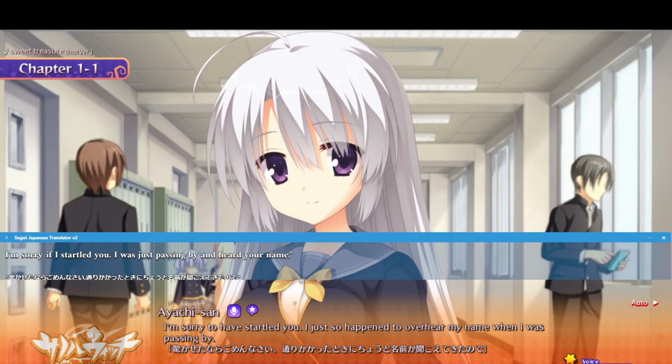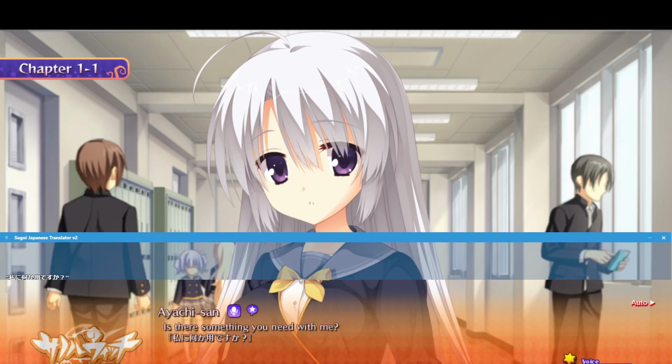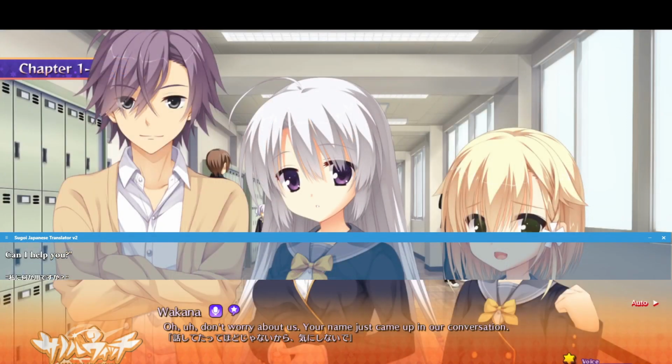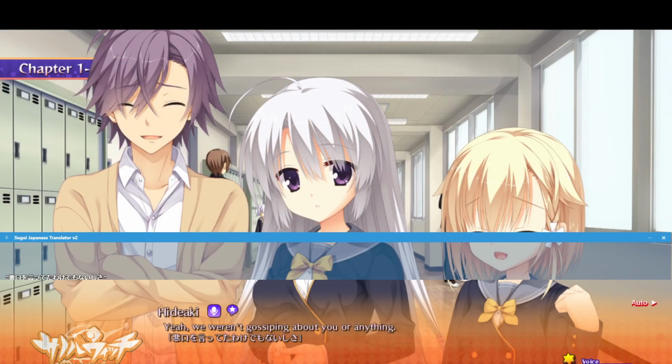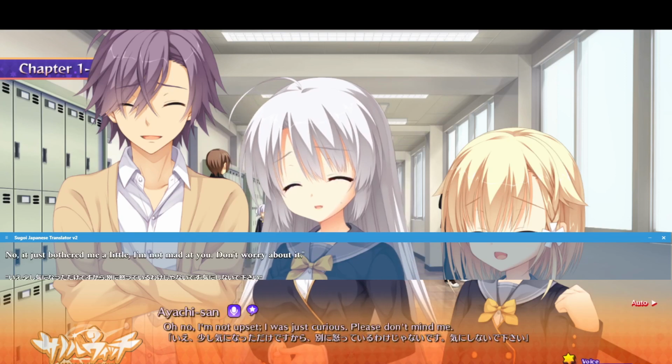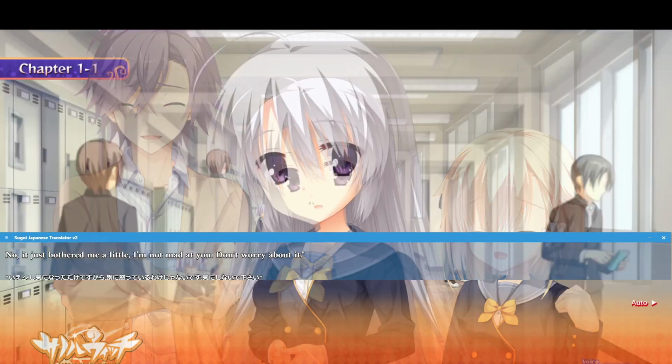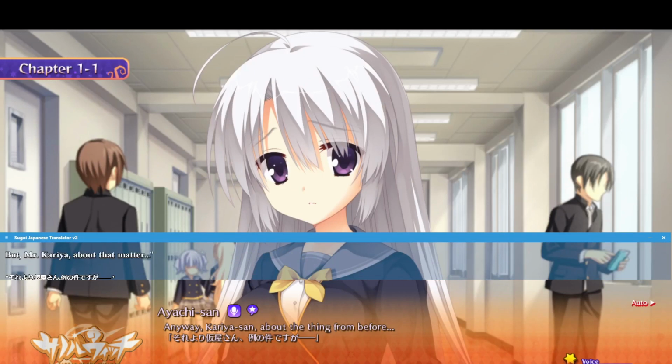Well, based on the first 3 lines, it appears to be decent enough. The machine translation time was a little shorter. Okay, so the first flaw I see is that machine translation doesn't assume pronouns very well, because the Japanese language doesn't really have them for the most part.